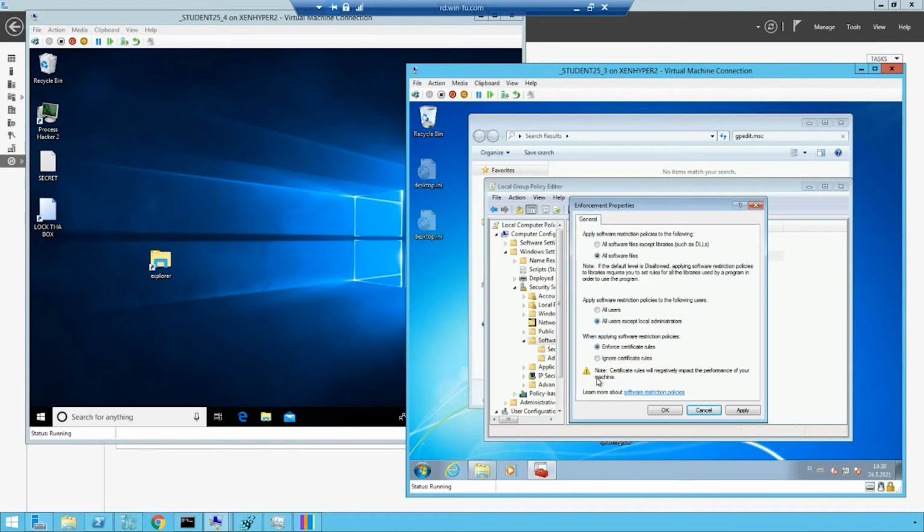Enforce certificate rules. Note, certificate rules will negatively impact the performance of your machine. People read these like the Bible, although they forget that the Bible was written a long time ago. I mean, this thing here is written in 2001. That's when you used VHS cassettes, and that's when